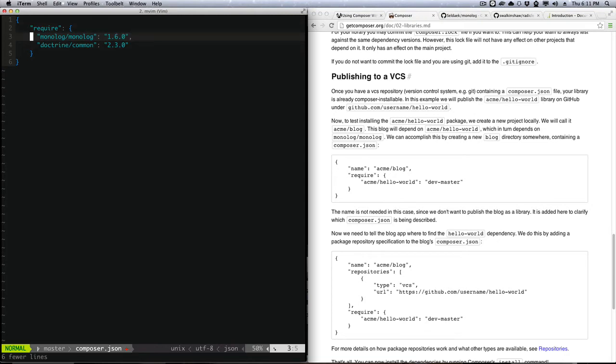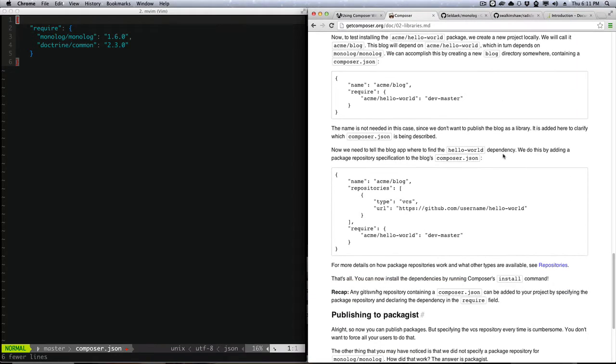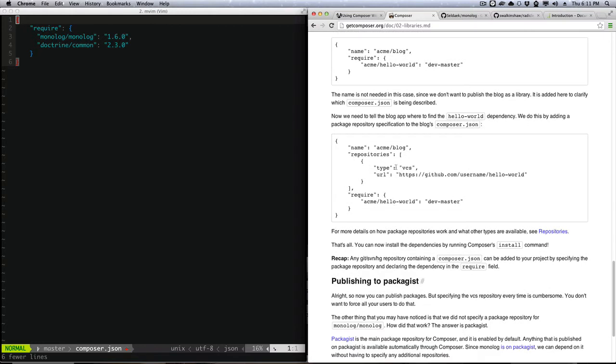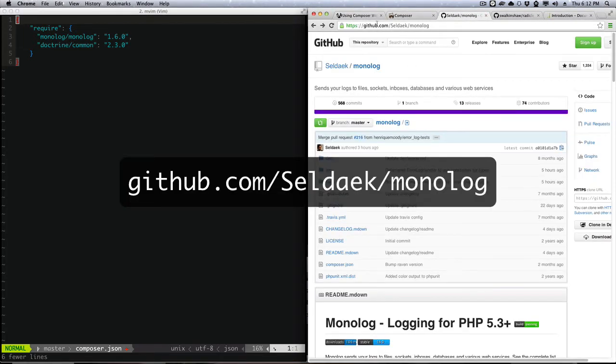So if you see a composer.json file that only has the require key, you know that they're coming from Packagist. What happens if you want to require a package that is hosted on GitHub, for example, and not Packagist? In that case, Composer makes it easy to define your own repository. We can see an example of that right here. They've listed out a custom repository that's from GitHub. We already have monologue required. So if you find monologue on GitHub itself,